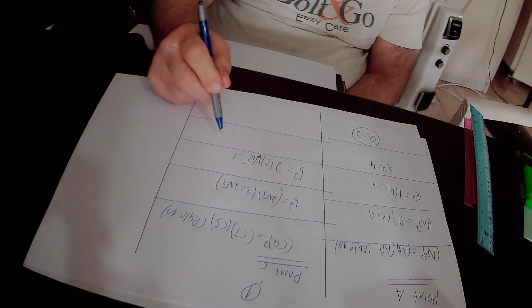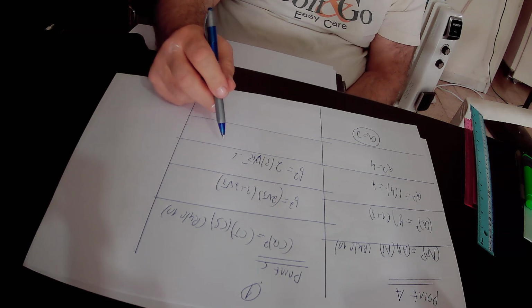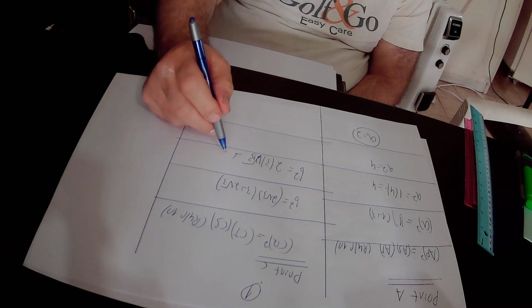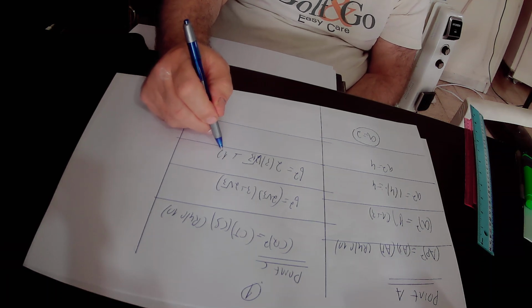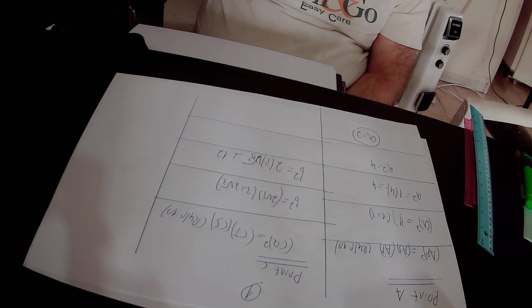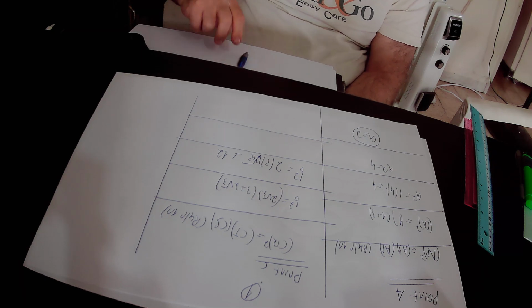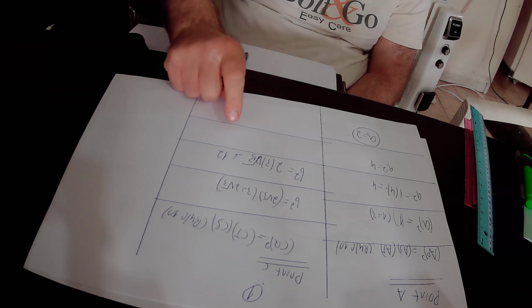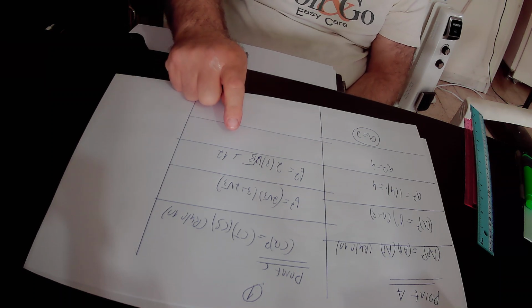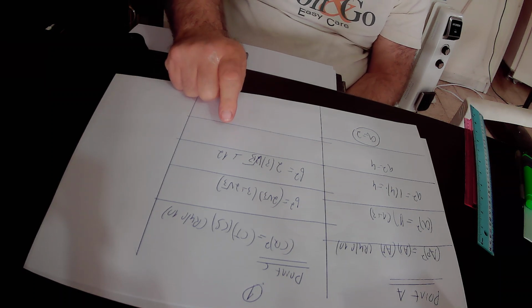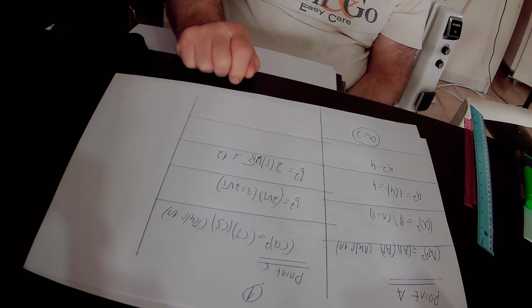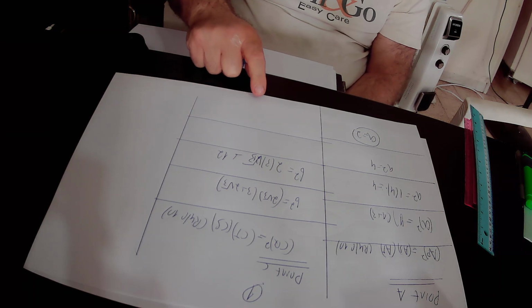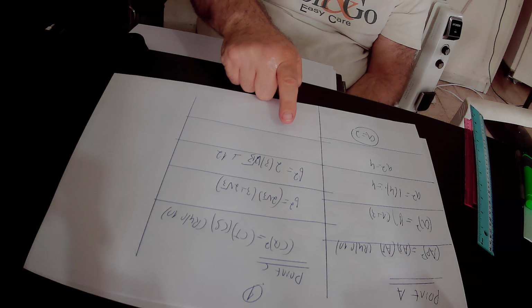plus 2 times square root of 3 times 2 times square root of 3 is 12. Why? Because 2 times 2 is 4, and square root of 3 times square root of 3 is 3, and 4 times 3 is 12. So in total, 2 times square root of 3 times 2 times square root of 3 equals 12. So in conclusion, we found out that b squared equals 2 times 3 times square root of 3